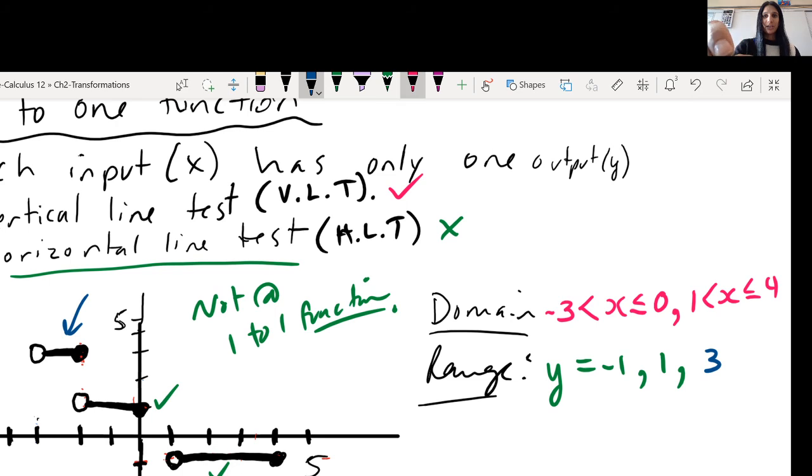Might have been nicer if I color-coded all of them, so let me go back and do that now. y equals 1 was this one. So you can very clearly see which portions we are referring to. Okay,